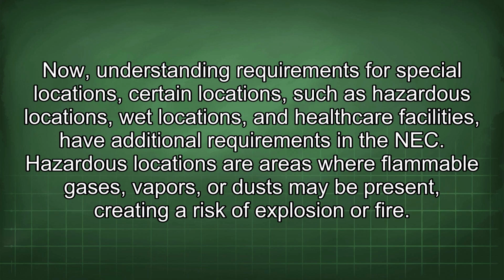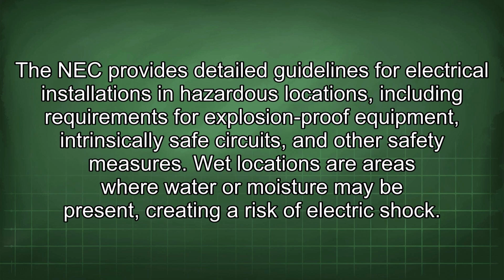Now, understanding requirements for special locations. Certain locations, such as hazardous locations, wet locations, and healthcare facilities, have additional requirements in the NEC. Hazardous locations are areas where flammable gases, vapors, or dust may be present, creating a risk of explosion or fire. The NEC provides detailed guidelines for electrical installations in hazardous locations, including requirements for explosion-proof equipment, intrinsically safe circuits, and